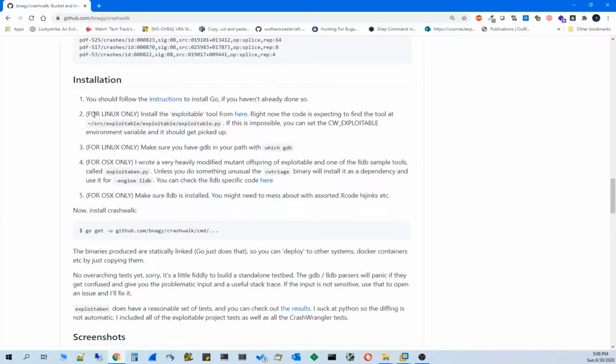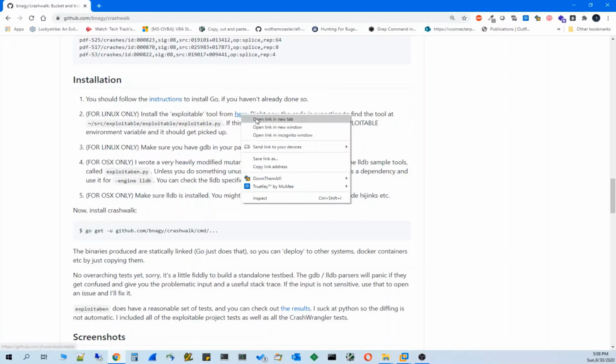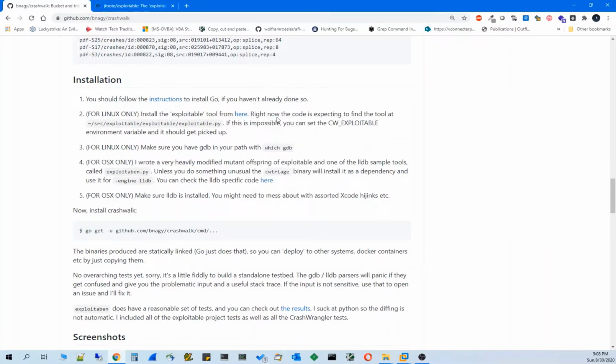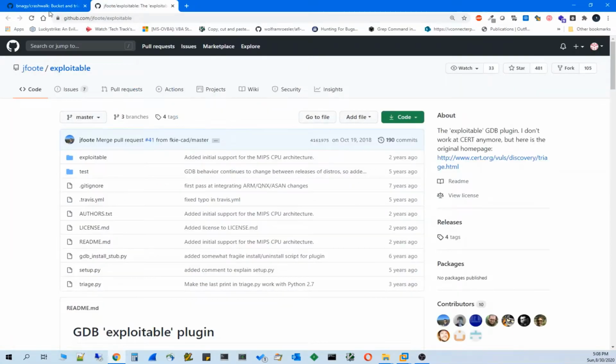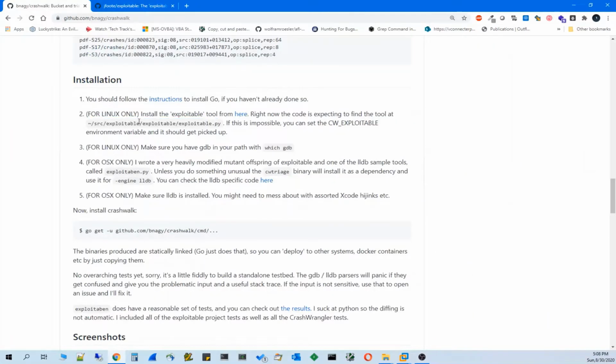Then the second instruction says that for Linux we need to install the exploitable tool over here. So let's go and see what that is. It also mentions that this code expects this tool at this particular location. I think this has been hard coded in that. So we need to make sure that we copy and paste, or we git clone our exploitable tool, which is over here, to this particular location in our system.